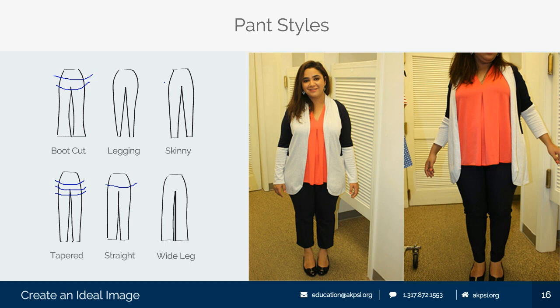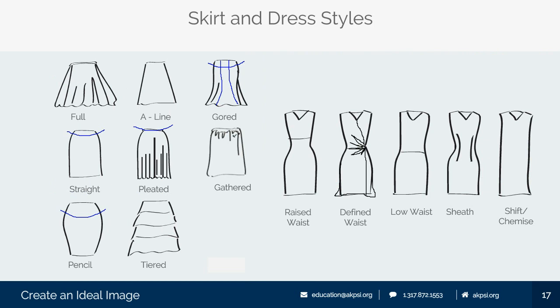So for Muniza, again, we're going to look for something that's going to really enhance her shape. So this gored or flared skirt is going to look fantastic. Anytime you see these blue lines, that is where I'm telling you that the shirt should hit on your body shape. So if you're wearing the straight skirt here, if you can bring up the shirt length, then that means you're not going to look like a rectangle. So you're going to continue to give yourself shape. However, with the pencil skirt, bring that down a little bit proportionately, because the pencil skirt's going to come down a little bit longer and you're going to narrow your line. So you won't end up looking like a rectangle.